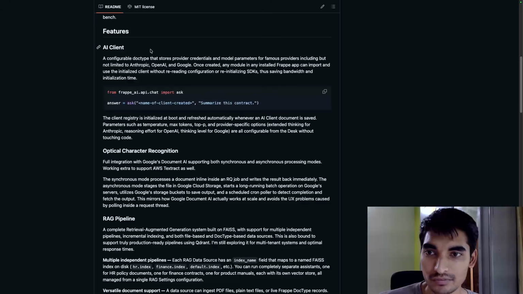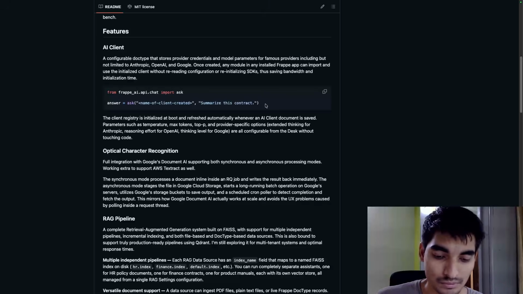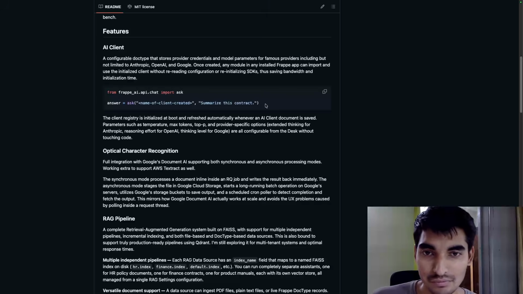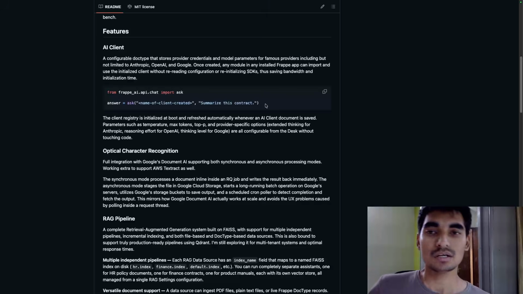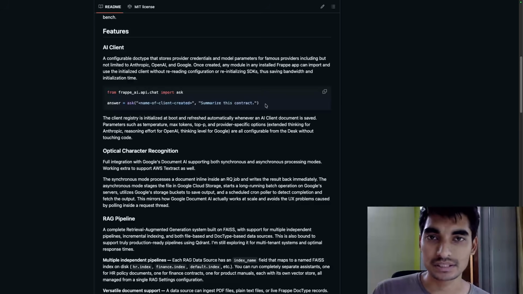So you see we have a few basic features for whenever you need to call your client. By client, what I mean is your AI client, which you have initialized. The problem was that whenever we initialized a new project for any of the business use cases, we were repeatedly trying to implement the same thing over and over again. And to solve that, I've created an application which provides all your AI solutions in one place.